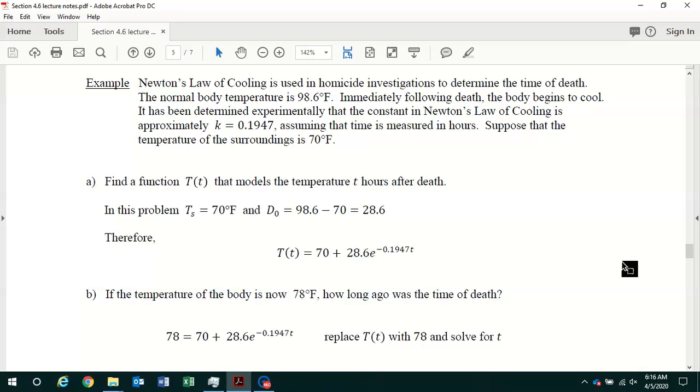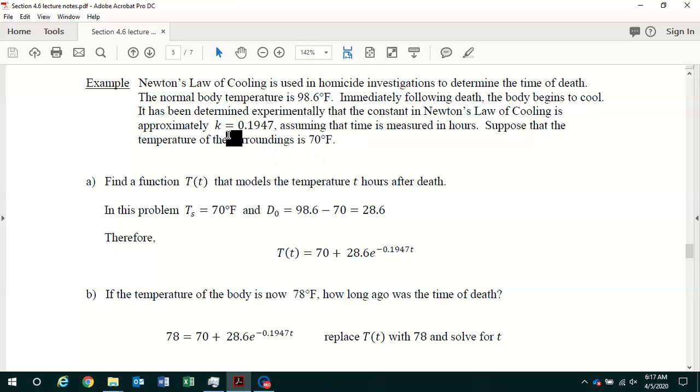All right, class. In this video, we continue our discussion of section 4.6 in your textbook on modeling with exponential functions. And we are working with Newton's law of cooling in this video at the top of page 5 of your lecture handout. In this example, we're given Newton's law of cooling is used in homicide investigations to determine the